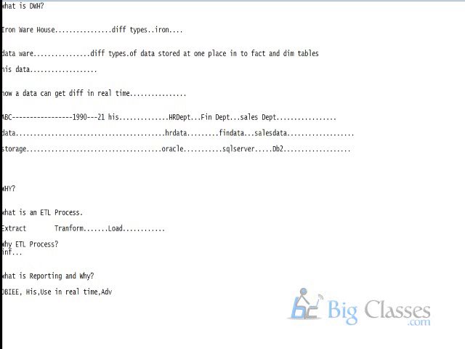Now my question is, here we are using Informatica and other ETL tools to perform all these tasks. It is not our job to do the Informatica, but once the data is loaded into a final database, this data will get stored in dimension and fact tables.